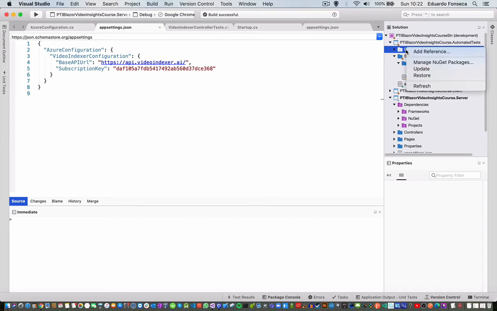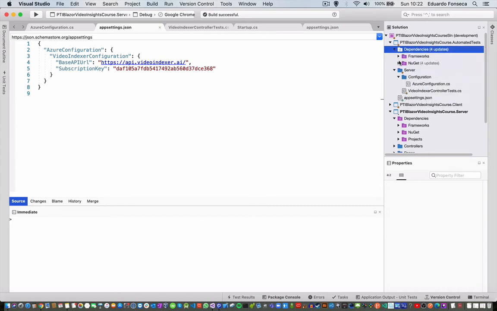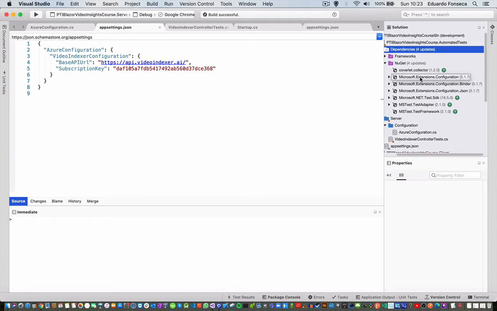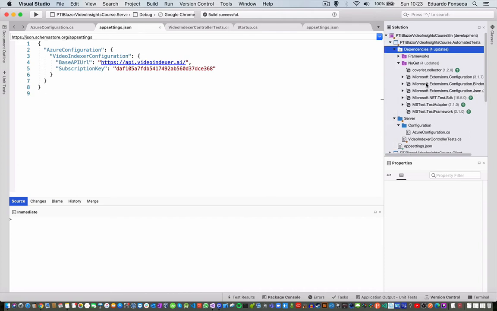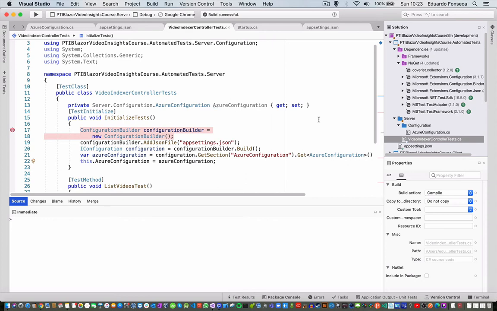Then we need to add a couple of packages. We need to add Microsoft.Extensions.Configuration, Microsoft.Extensions.Configuration.Binding, and Microsoft.Extensions.Configuration.Json. That will allow us to have in our controller, in our test,